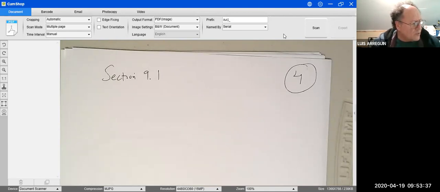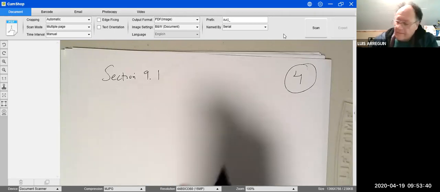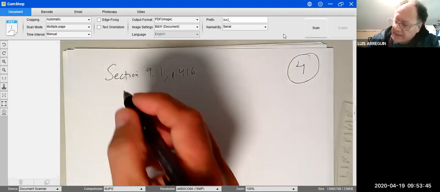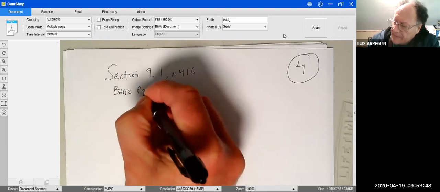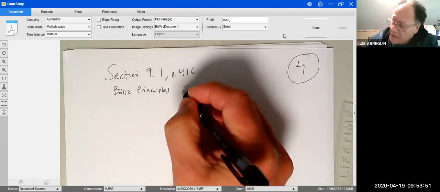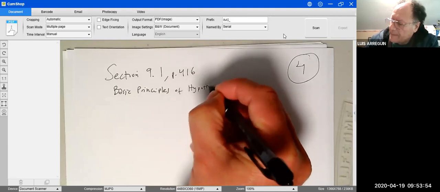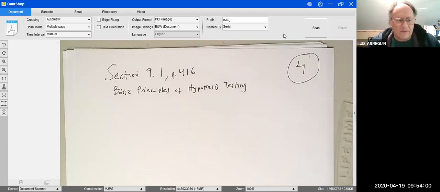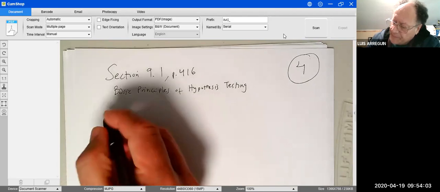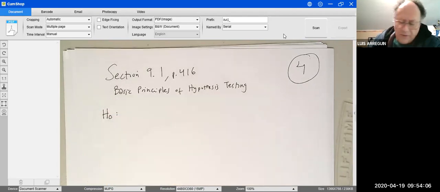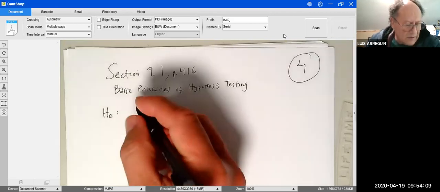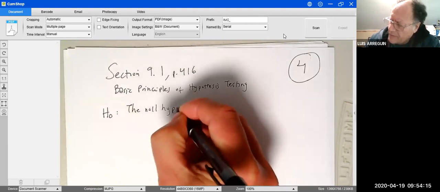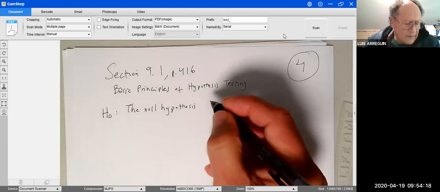So let's start with the first section. Section 9.1 is on page 416. These are just basic principles of hypothesis testing. We're going to start now defining the null hypothesis, H naught. So I'm going to write just the null hypothesis. I'm going to copy just from your book